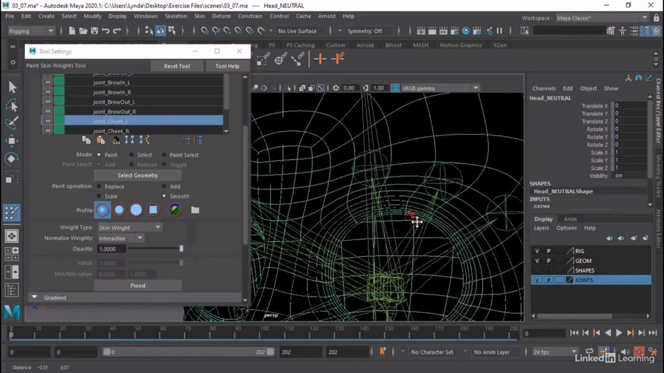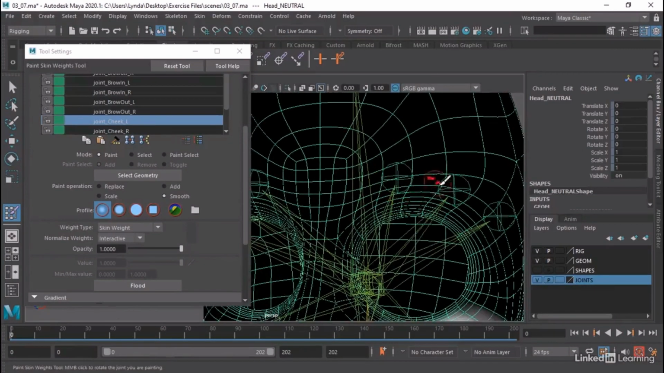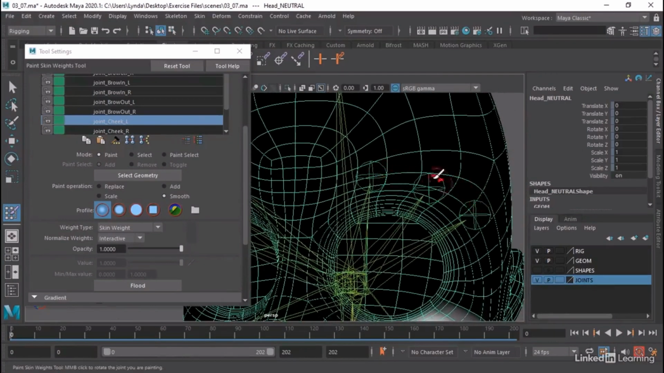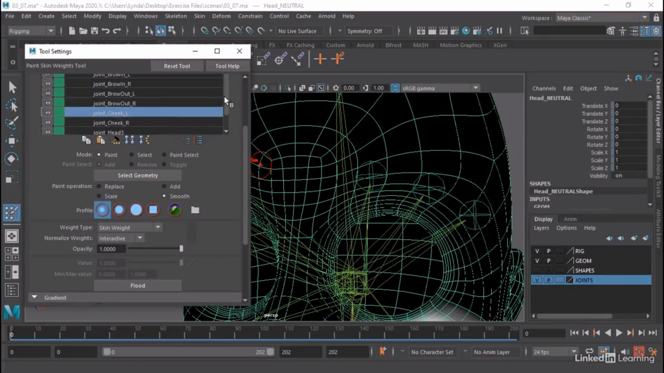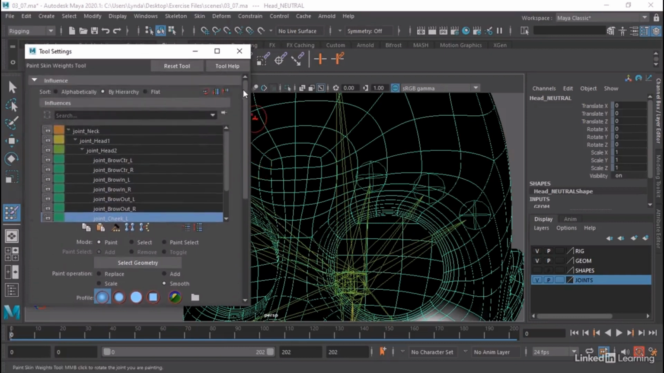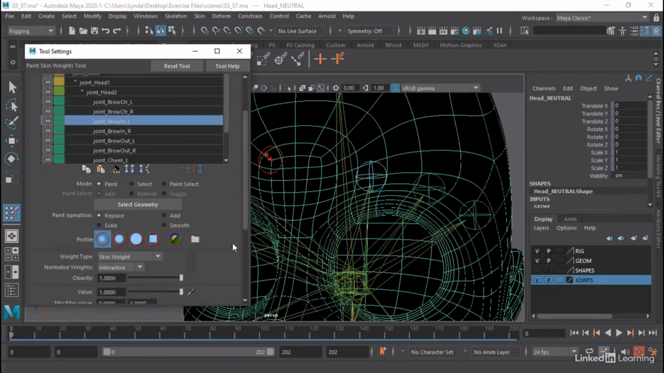So now let's go ahead and move up to these brows. Now these brows do have to work together. So we want to make sure that all of these are kind of cooperating and that they move and deform seamlessly. So we're going to be working with, let's start with this one. It's called brow in left, and I'm going to do replace. And again, make